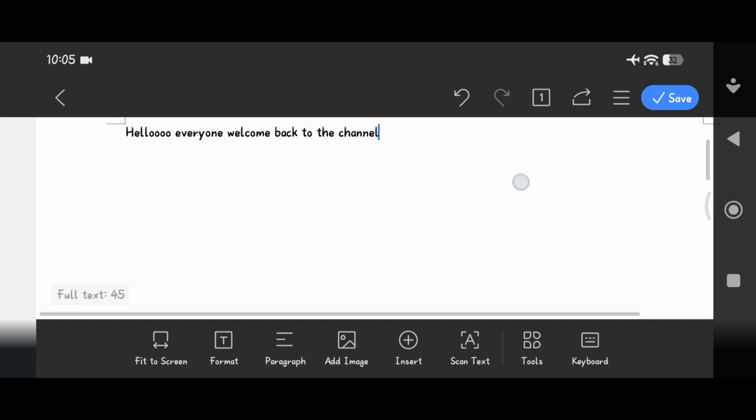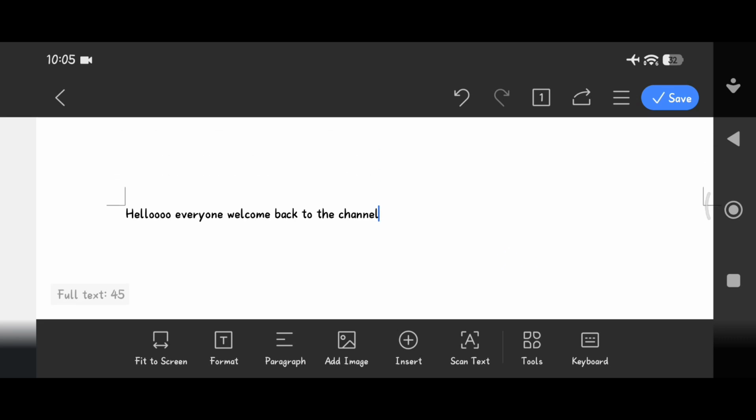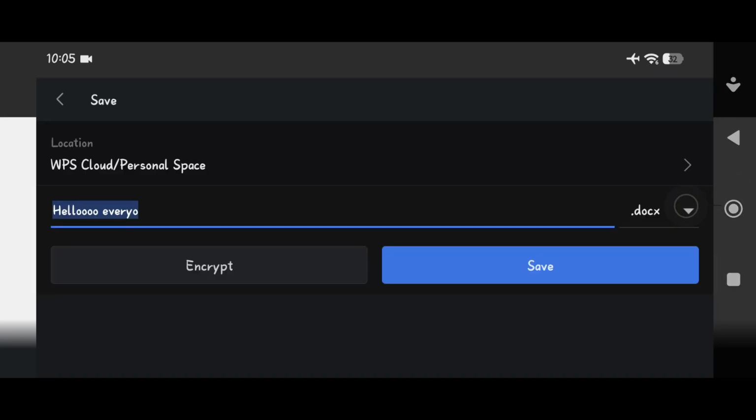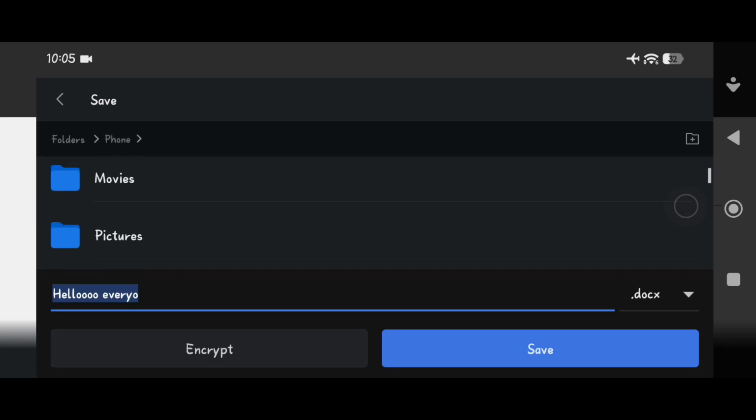and then after that, just open your document that you want to turn or save into PDF, and then for example like this, and then after that just tap on save. And then in here just choose the location where you want to save your files. For example, in here I want to choose phone,